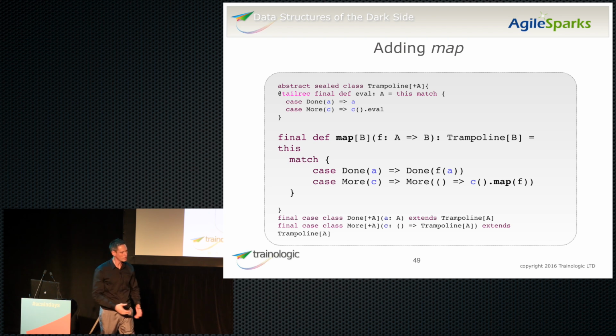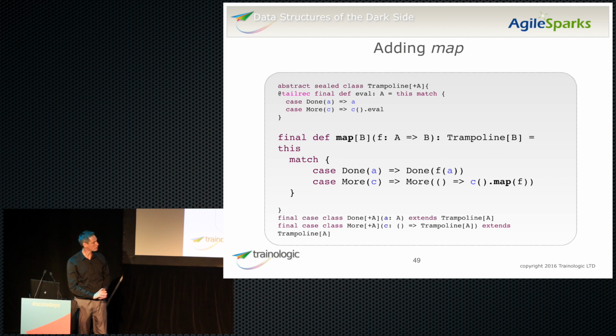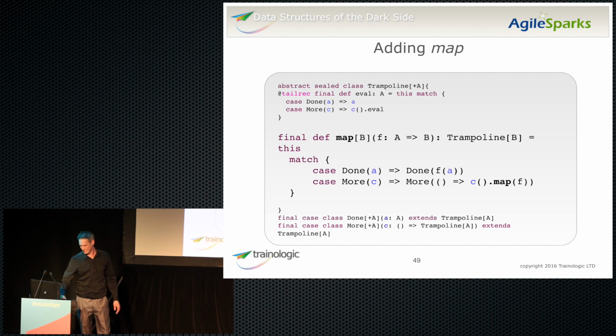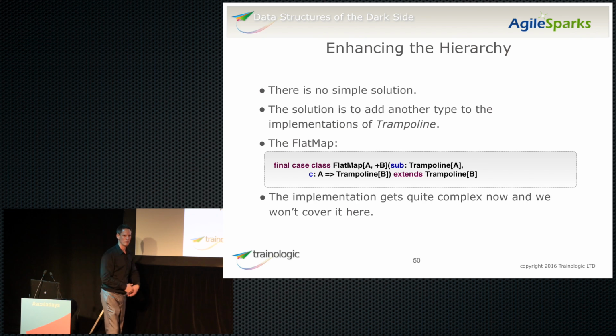And apparently, you cannot write it like this in a tail recursion way. You cannot avoid the Stack Overflow here, not by only using done and more. I've tried it very hard. Cannot do it. There's no way. Even without flat map. With flat map, of course, you cannot do it. But even with map, you cannot do it. Try it. So, actually, the solution here, and I will not go into all of the implementation detail,